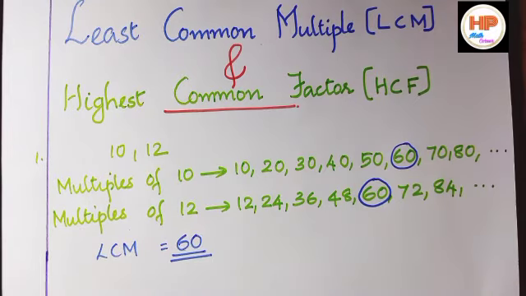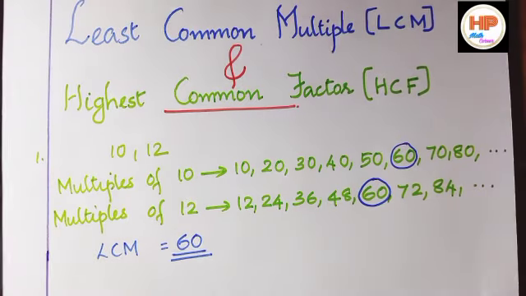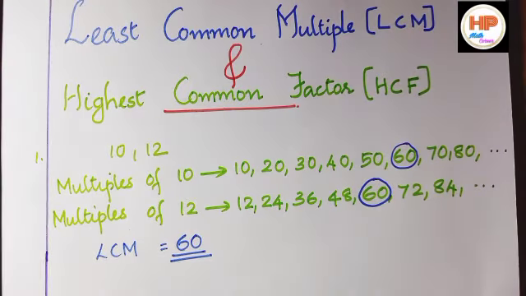Once again, we have to consider the multiples of both the numbers. Then we must check whether there is any common multiple. If it is possible, we must check whether they are having so many multiples common. There will be some more multiples which are common. Out of them, we have to consider the smallest value. That will be the LCM of the given numbers. Okay? Shall we have one more question?